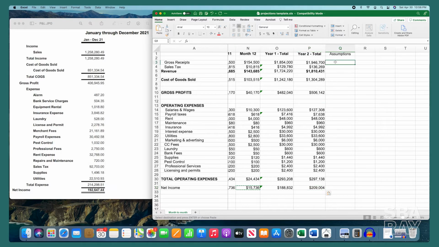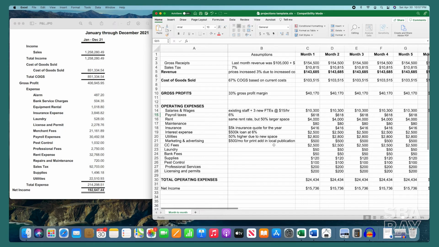We'll add our assumptions for the expenses and revenue that we are adjusting for in year two. And that's pretty much it. This is a pretty realistic and well thought out set of projections that your banker is sure to understand and be comfortable with. And we'll just go back and add these projections, even though we're just basically saying they're the same as before, just to make sure it's fully complete.